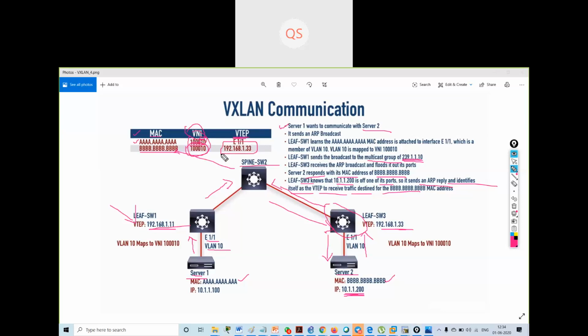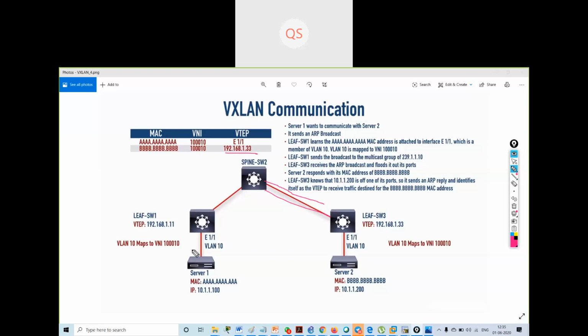The switch will form a tunnel and send through this VTEP to this VTEP address.